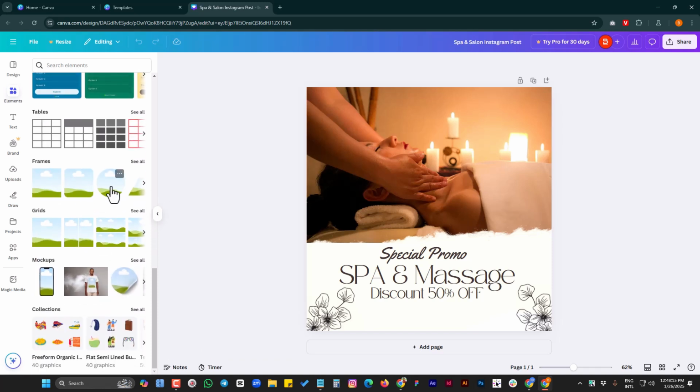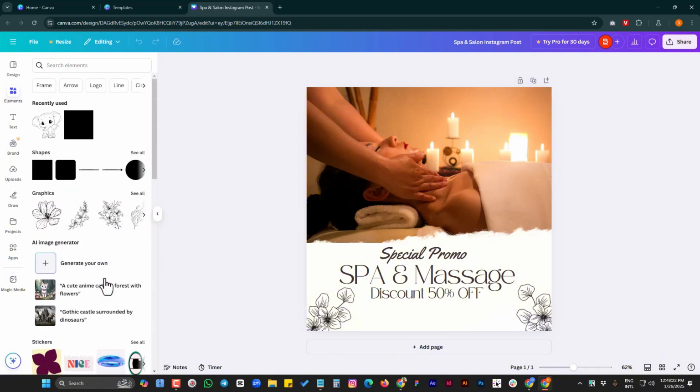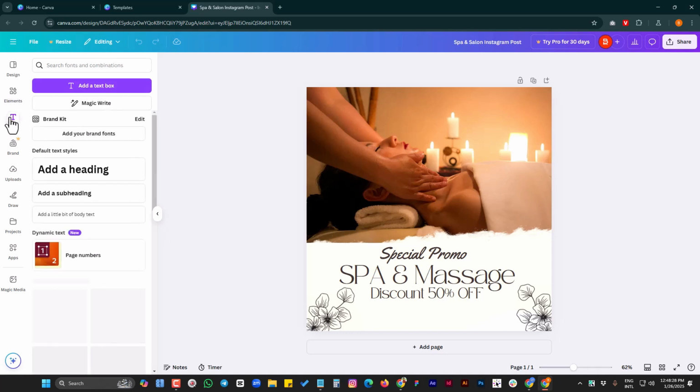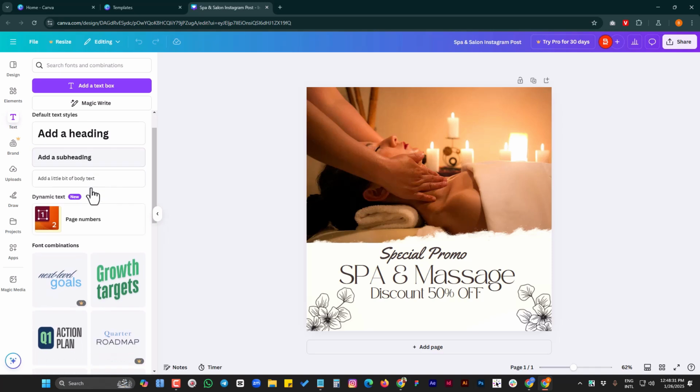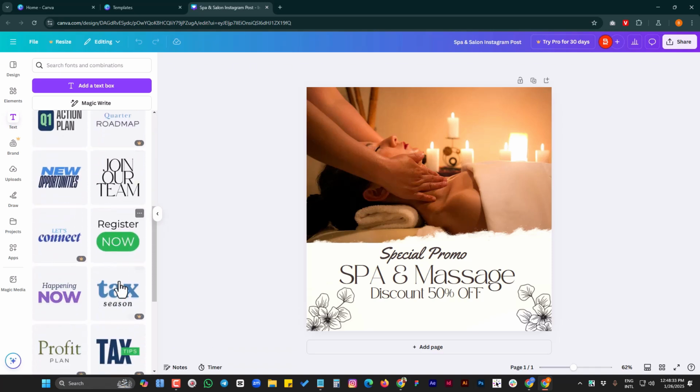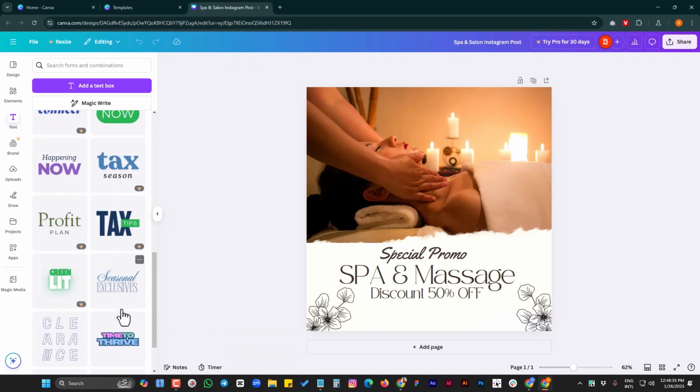Also, here are a couple of frames and grids, which are already pre-made, so you don't have to customize a lot of things. And under the text tab, you will find pre-made templates